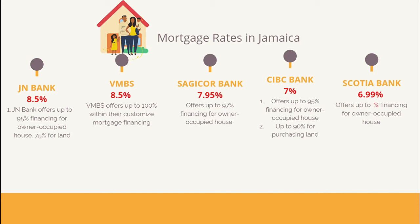In the fifth position is the Cibc Bank with an interest rate of 7.95%. The Cibc Bank offers up to 97% financing for owner-occupied house. Alright, moving right along, in the 4th position is the Cibc Bank with an